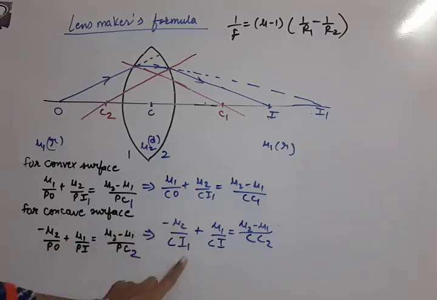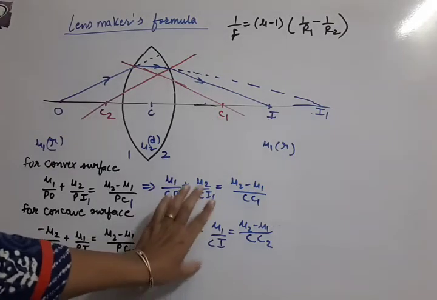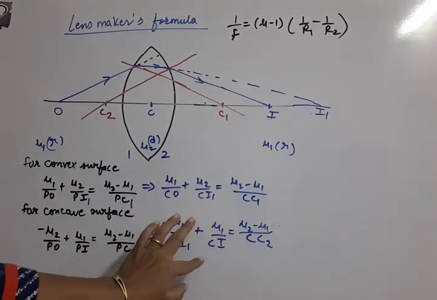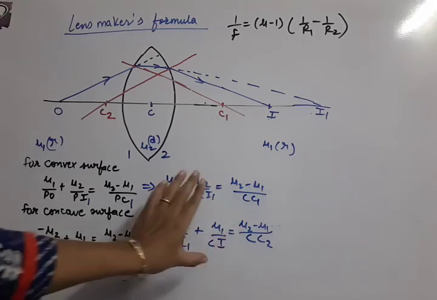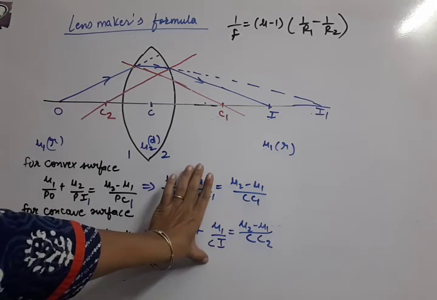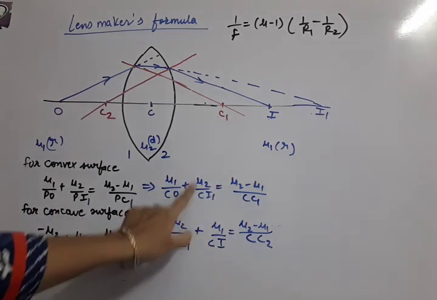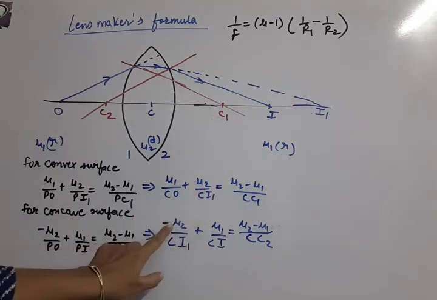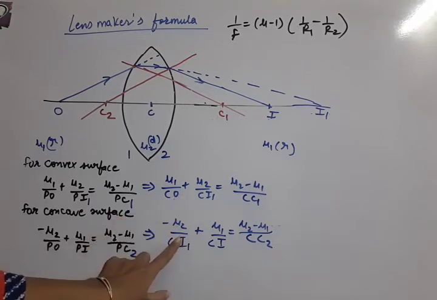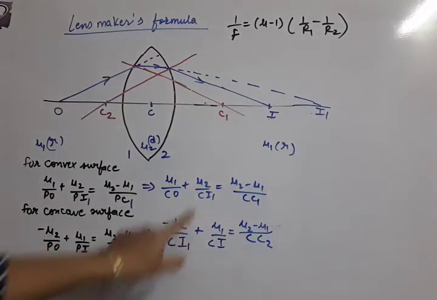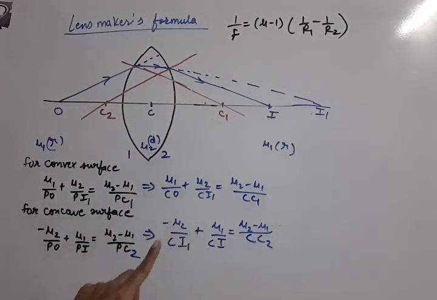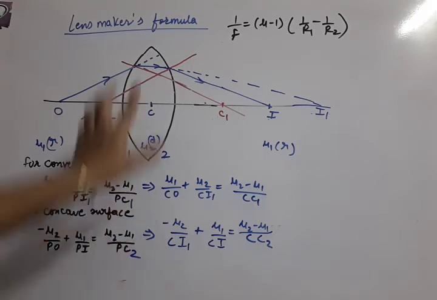Finally we will get these two equations. We can also learn these two equations directly. Now without applying the sign conventions, we will merge both the equations. You can see here mu2 upon Ci1 is there, and here also mu2 upon Ci1 is there with a minus sign. So to obtain this relation, we have to add the two equations so that this intermediate term is cancelled. Let us move to the next sheet.